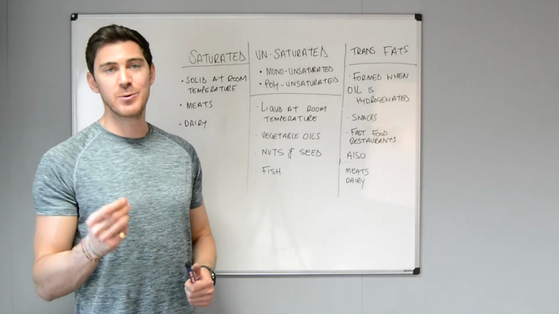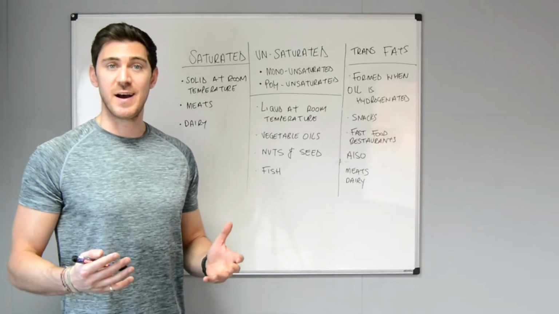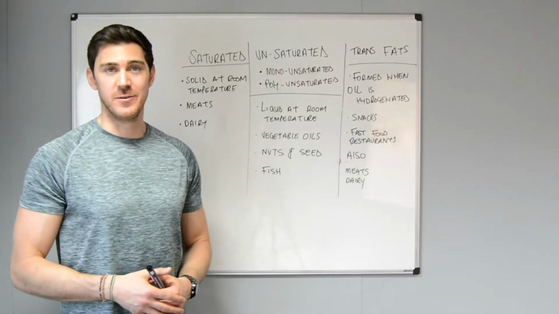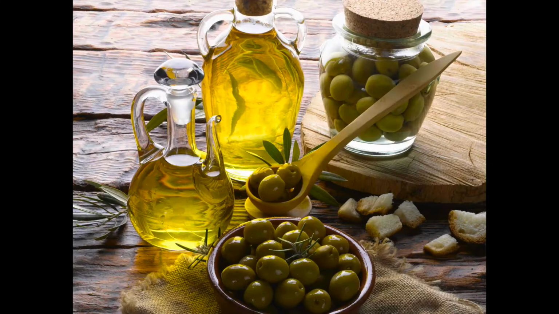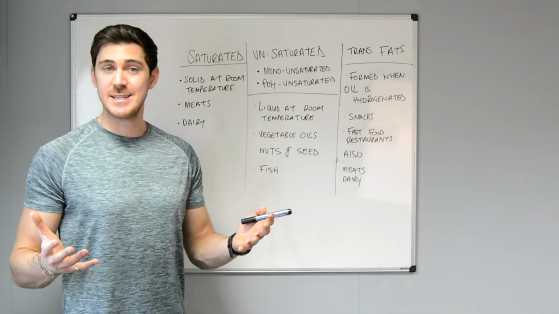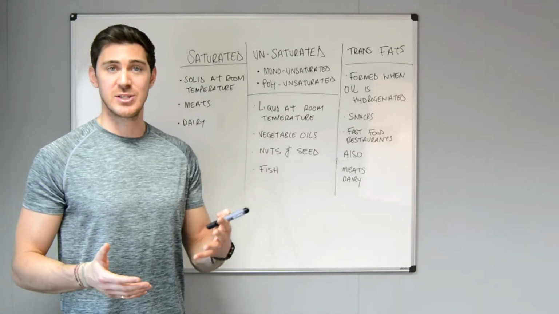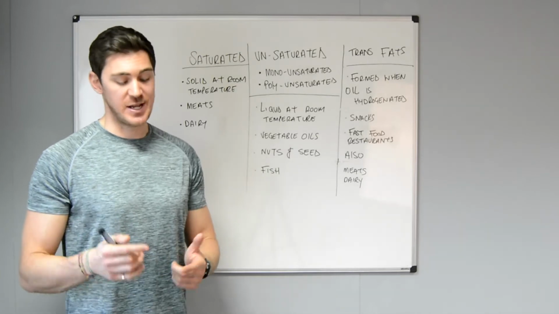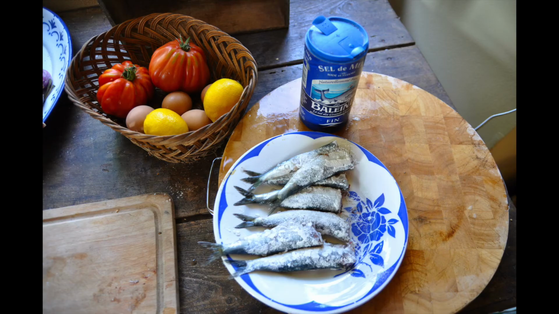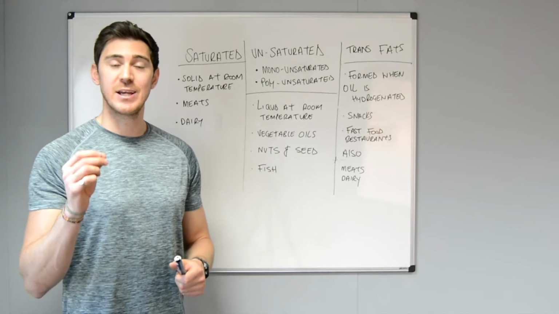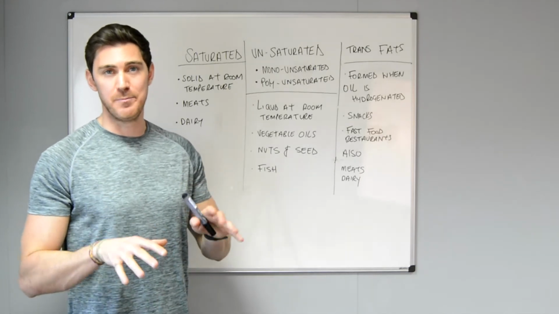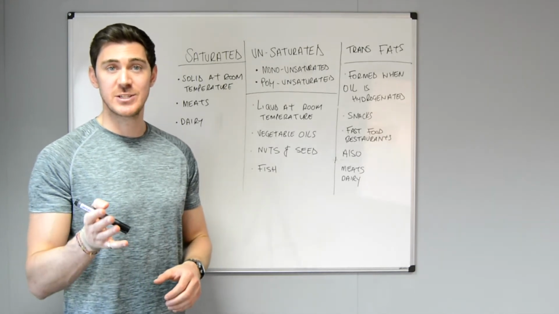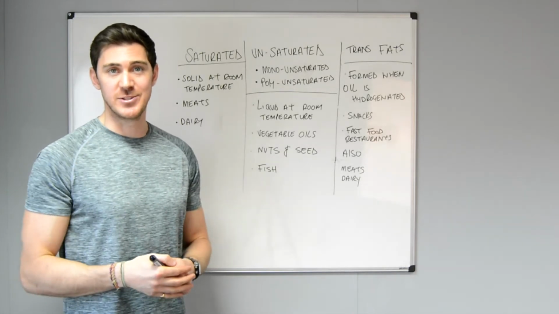Unsaturated fats are usually liquid form at room temperature and can be found in a whole variety of different foods like vegetable oils such as olive oil and sunflower oil, different types of seeds and nuts such as pumpkin seeds and walnuts, and a whole variety of different fish like salmon and sardines. Unsaturated fats are very high in good cholesterol but very low in bad cholesterol, which means it's definitely a source of fats that you need to include in your diet.